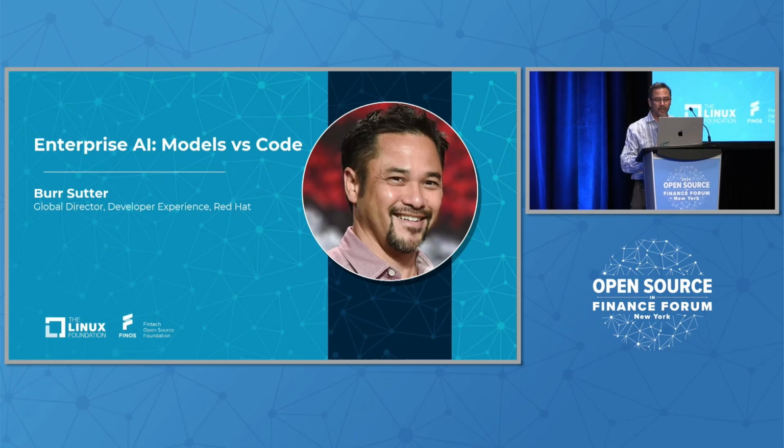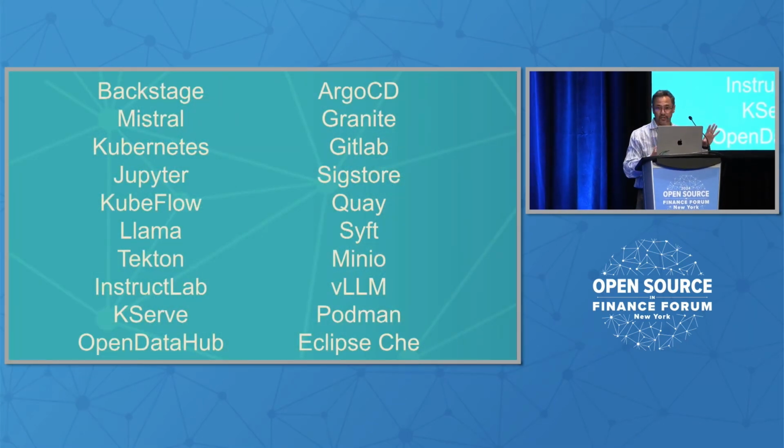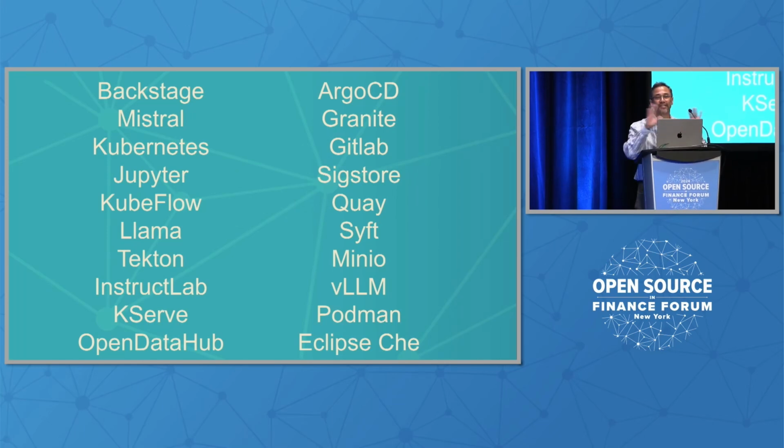I'm going to actually try to run a live demonstration. Where's my mouse here? That covers all these different open source technologies in a very short period of time. We're going to see a little Backstage and Kubernetes, a little Jupyter, a little Mistral, a little bit of GitLab. We're going to see it all in a very short period of time